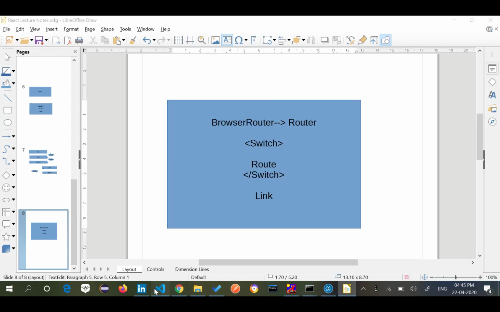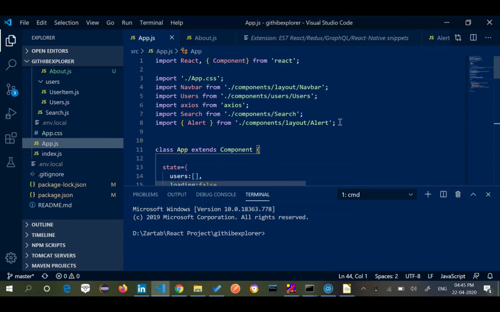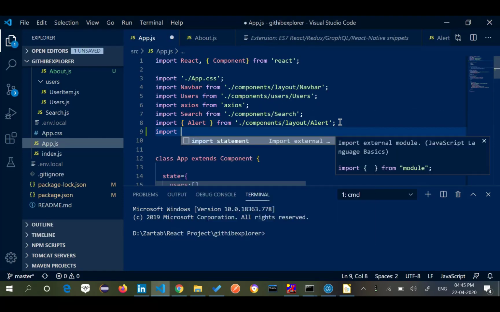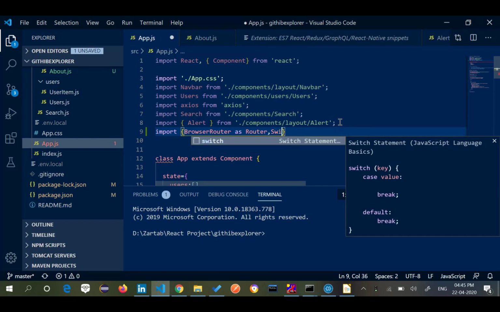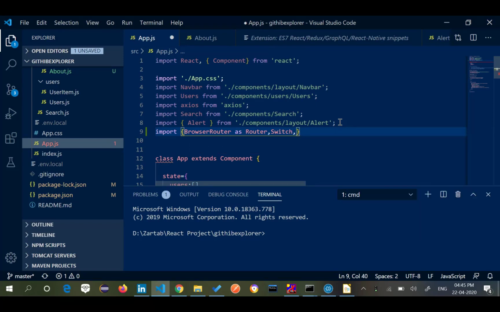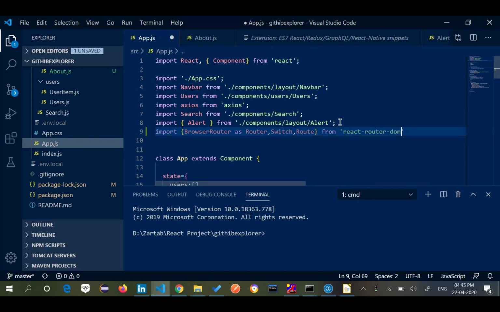First thing is I'll go to my app.js and I'll say import BrowserRouter as Router, comma, Switch, comma, Route from react-router-dom. So I have imported React Router DOM.